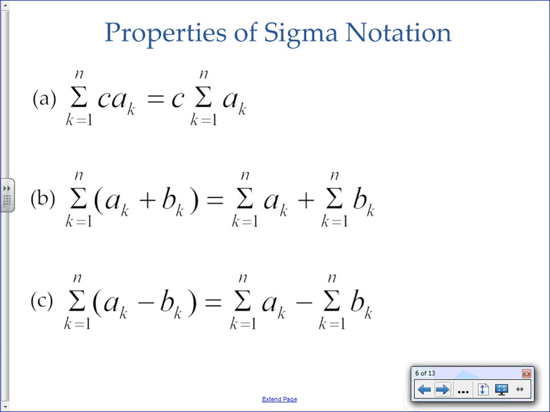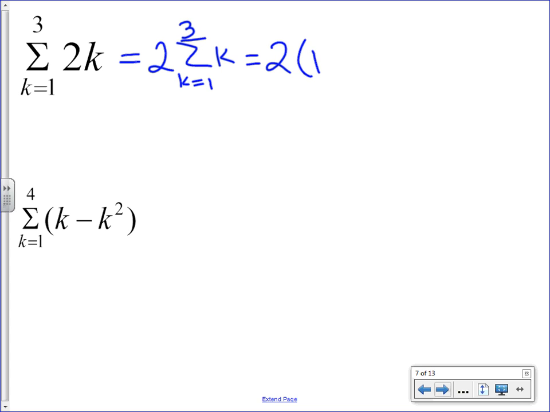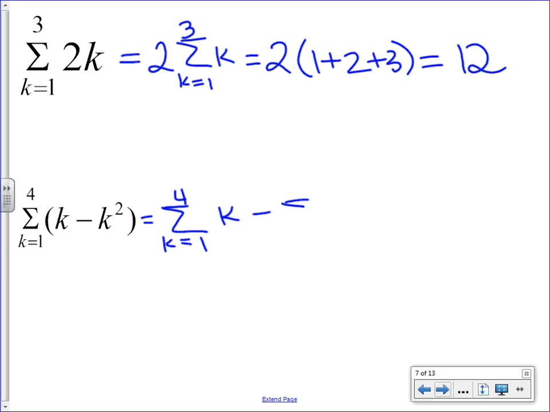So let's talk about these summations. Let's apply these properties to these summations. Here, that 2 is going to be multiplied to every term, so let's just take it out and worry about the summation from k equals 1 to 3 of k, which means we have 2 times the sum of 1 plus 2 plus 3, which is? All right. And then here we can say, well, this is just the sum of k minus the sum